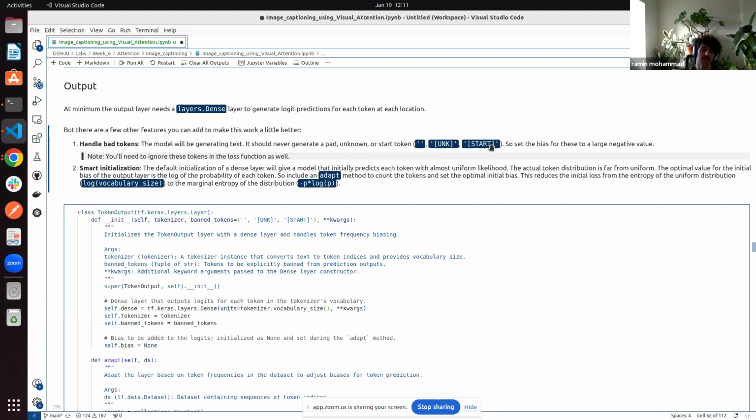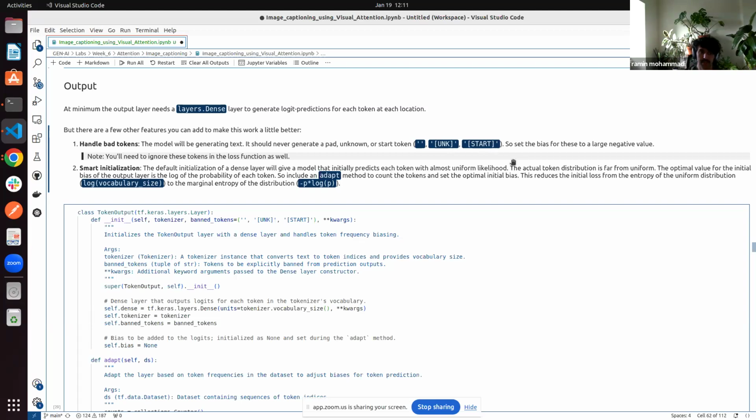We want to enforce some rules so that the model does not predict those tokens. One simple scenario is that you could just set a high negative value for these tokens and not let the model predict them. Remember, at the end, for the token prediction, we need a softmax layer that gives a probability of what the next token should be, based on which token has the highest probability. So if we enforce a large negative value for these,